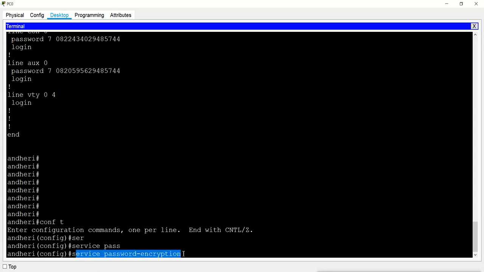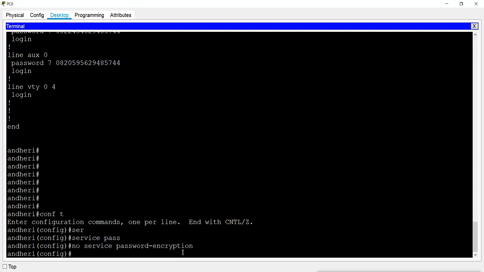So if I want to remove it, I will go to the same mode, and then at the beginning of the command, now remember this, there is no value here. Service password encryption is the command. So I can just give no before the command and press enter, and it will remove the encryptions, and it will actually remove the configurations.